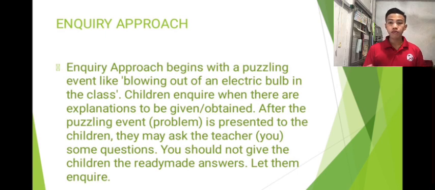After makabuo sila ng hypothesis, of course, you have to let them verify their hypothesis, kasi maaaring marami silang maging hypothesis. And we should be aware na ang hypothesis can be rejected or accepted. It depends if proven ba na tama yung hypothesis or proven ba na mali.